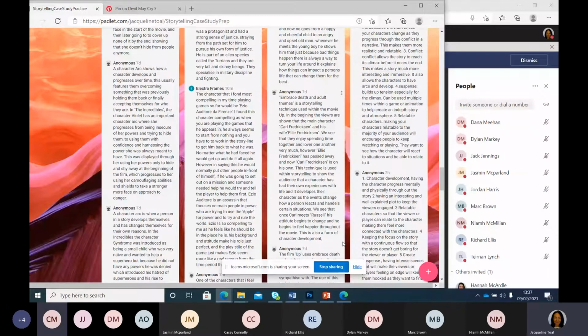Okay, so the character I picked was Ezio Auditore da Firenze, more commonly known as Ezio. He comes from the Assassin's Creed franchise. He's one of the many main characters you play. I've chosen him because most of the times whenever you start playing the games he's in, he starts from nothing and works his way up.